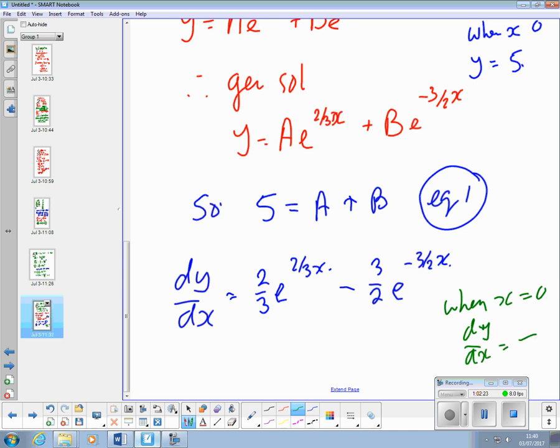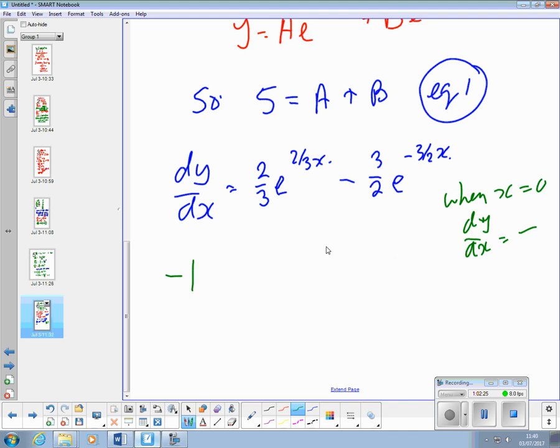So we can write minus 1 is equal to 2/3 e to the 0 minus 3 over 2 e to the 0. And therefore e to the 0 is,